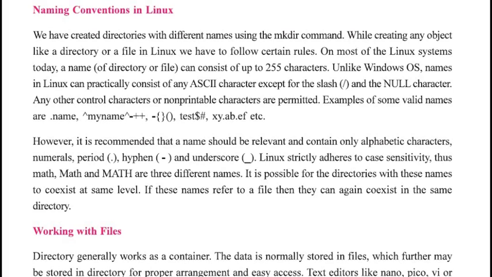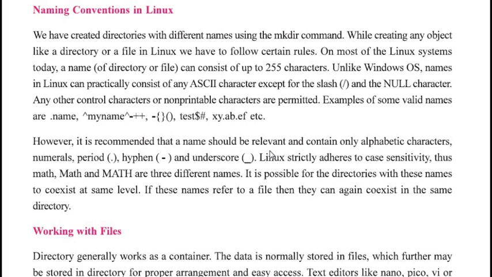However, it is recommended that a name should be relevant and contain only alphabetic characters and numbers, period, hyphen and underscore. It is a matter of common sense. We don't need to use plus and minus and all these things. And it should be relevant.